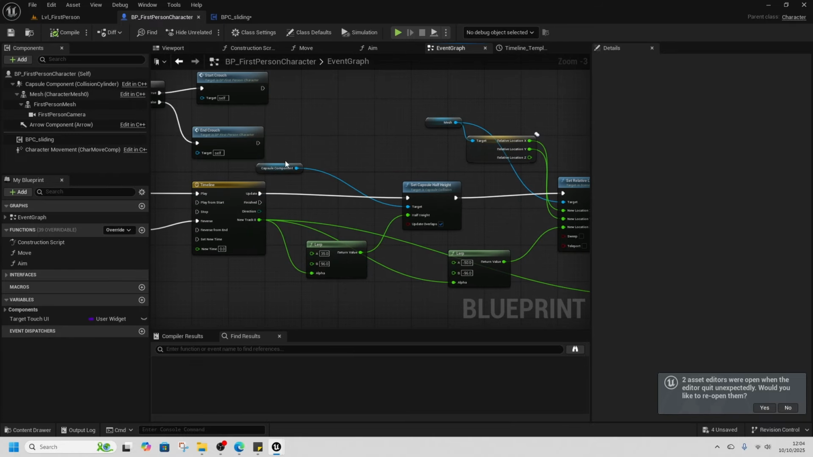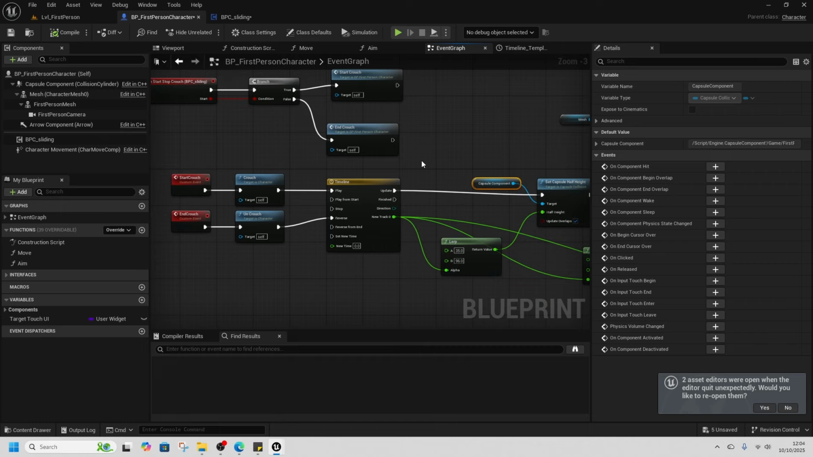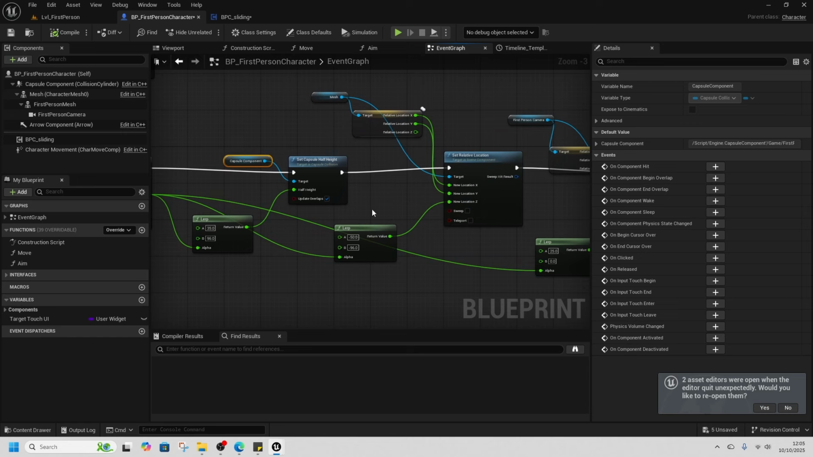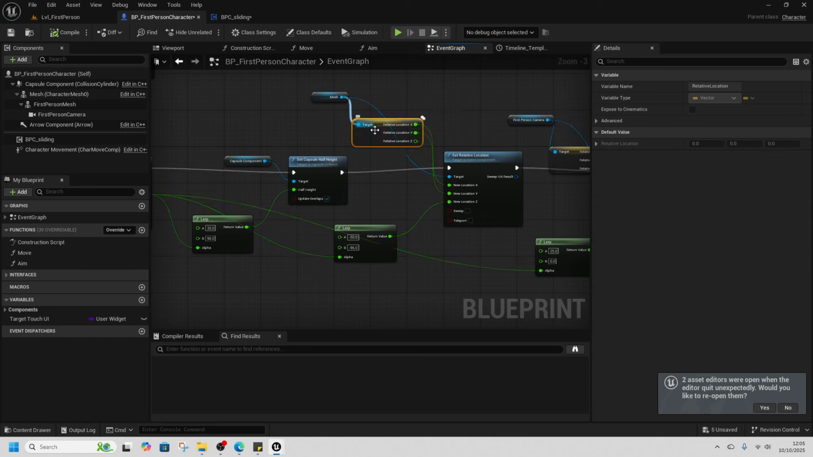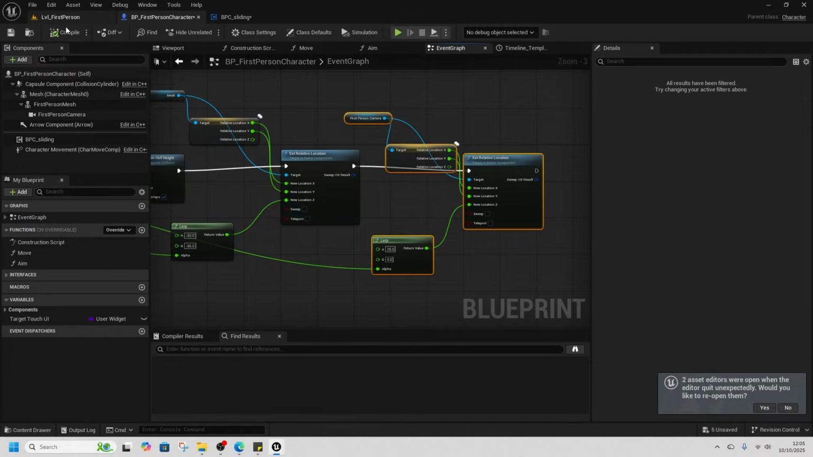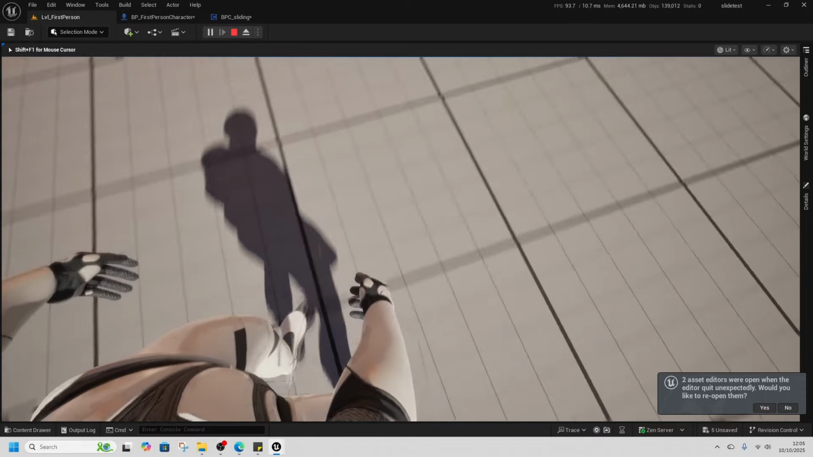Compile that. So we're changing the capsule component to make sure that it shrinks down for our crouch. So we'll put an object above our heads in a sec to check that. And then we're making sure the mesh reduces in line with the capsule component and the first person camera drops. So now when we press 1,